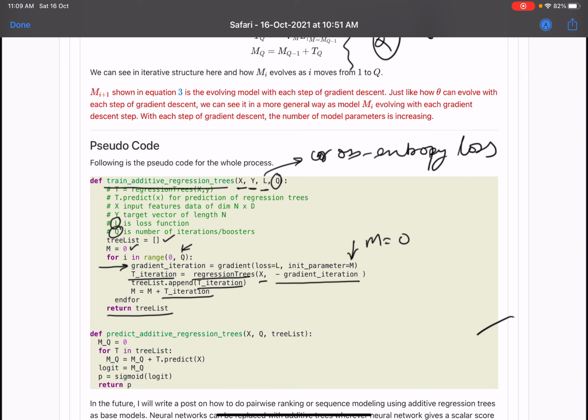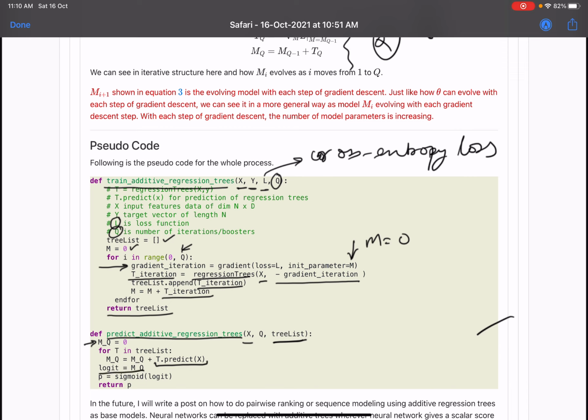Now, if you wanted to predict, we have this function predict additive regression trees. It takes the features and the tree list which we learned. We initialize our m to 0, and we do a t.predict for every tree in the tree list, add all of them, and that becomes our logit.